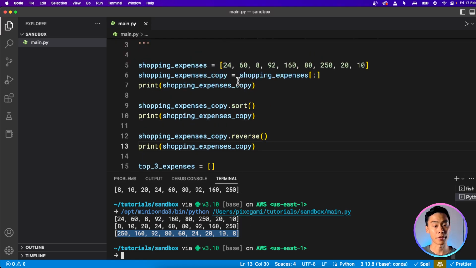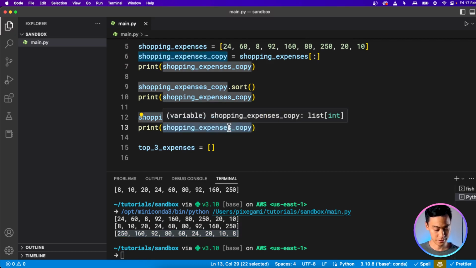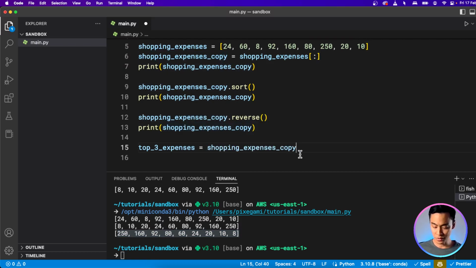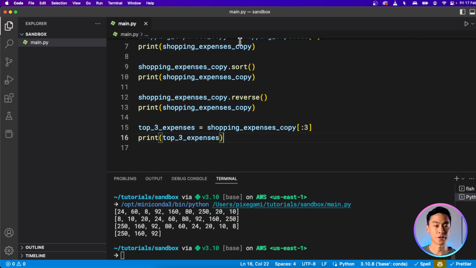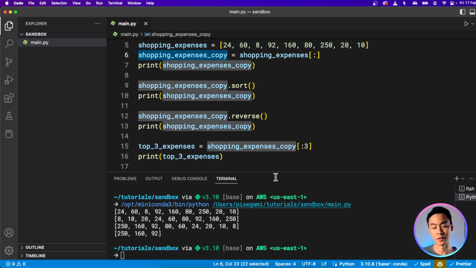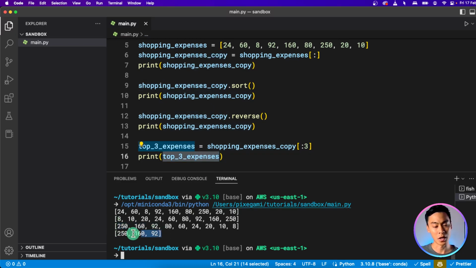And now I just want the top 3, so I just have to slice this. And remember, we want the first 3, so we'll open this up. We don't need to specify the first index because when we don't specify it, it'll slice right from the boundary of the list, which is the beginning in this case. And then I wanted to stop at index 3. So let's print that, and there we go. So now I've sorted the list, and then we sliced the top 3 elements, which is the top 3 expenses. So that's how we end up with the top 3 expenses from a list of unsorted expenses.